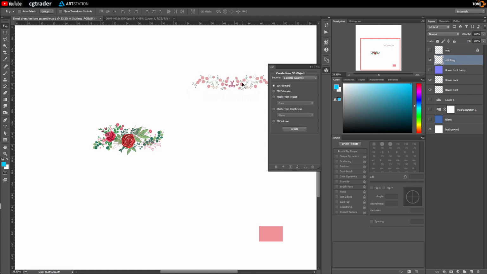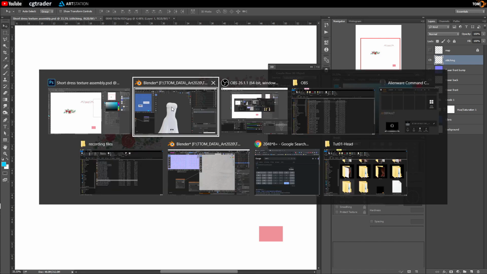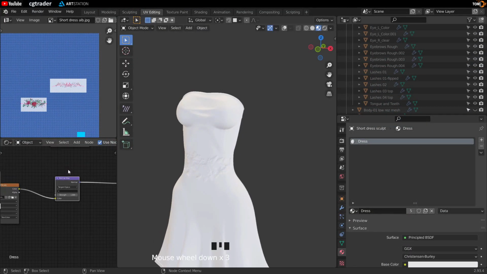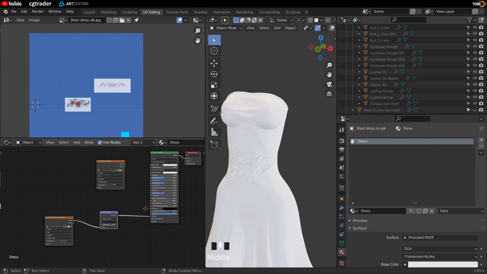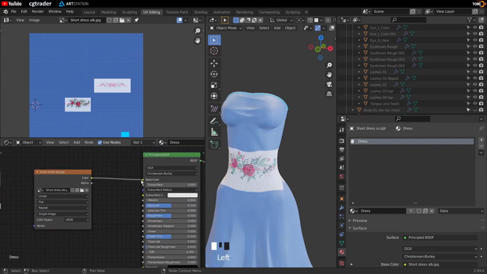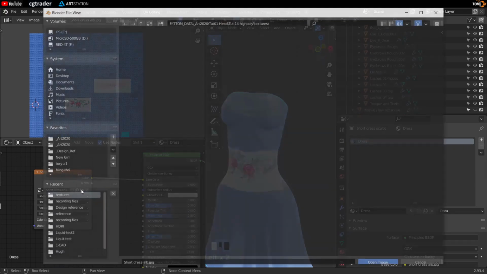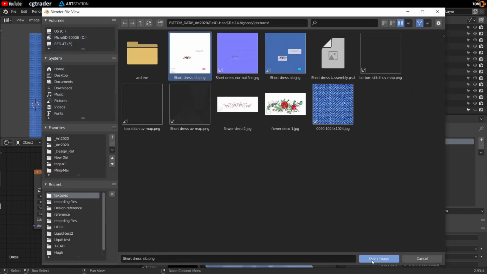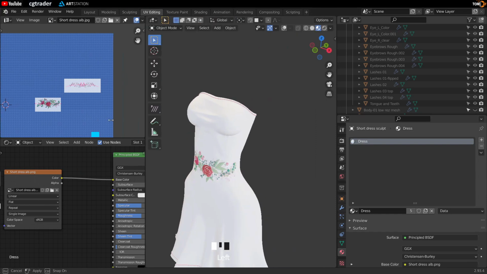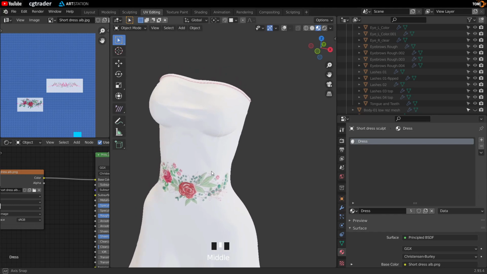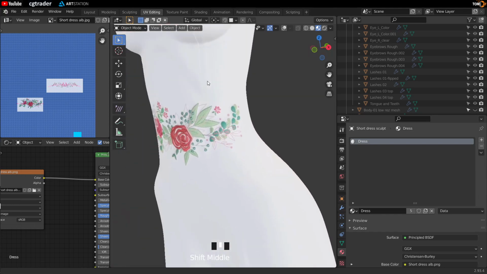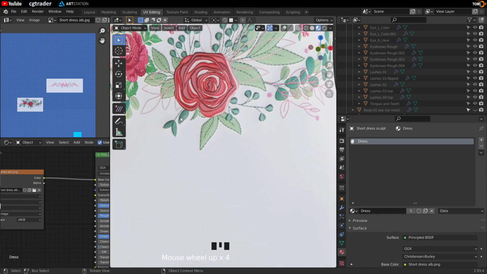Okay, let's go back to Blender and add that on. So we'll reattach the color. And then let's go and open our newly saved PNG. Click OK. And let's see what we got here. So we've got our stitching, got our flowers, and